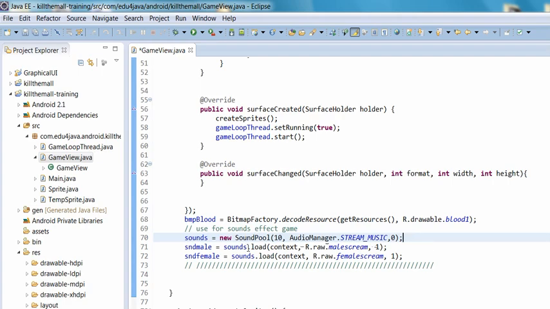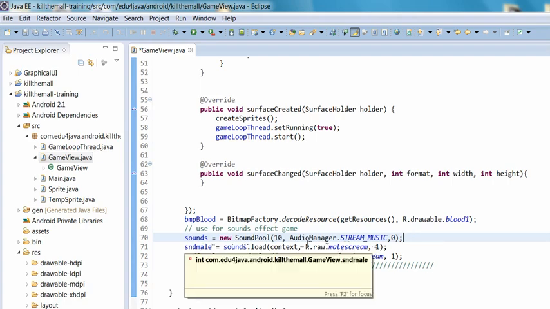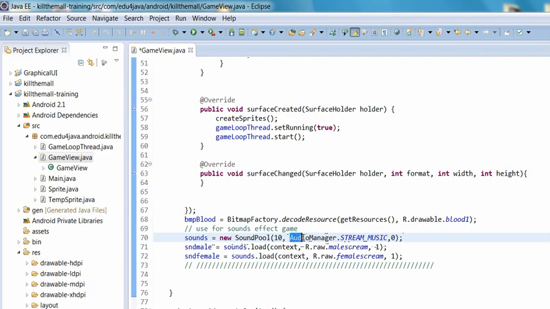This is going to store the information in this sound variable of how the game is going to play the sound effects. It's going to use something called Audio Manager, and it's going to stream the music through the Audio Manager. The second one is the variable. We're going to tell this variable where you can load the sound effect file, and it's going to be in a folder called raw, and the file is going to be called